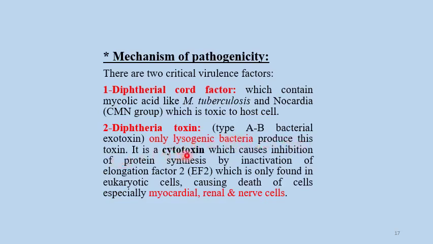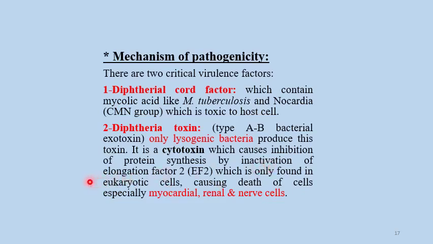It is a cytotoxin, meaning it kills cells, which causes inhibition of protein synthesis. The mechanism of action is inhibition of protein synthesis by inactivation of elongation factor 2, which is present only in eukaryotic cells, like elongation factor G in bacterial cells, which has a very important role in protein synthesis. So when it inactivates elongation factor 2, protein synthesis will stop and